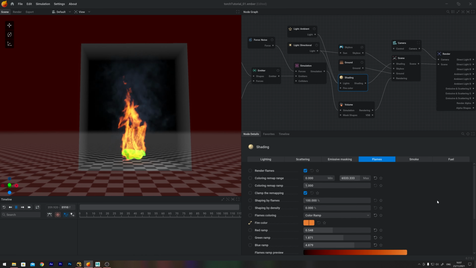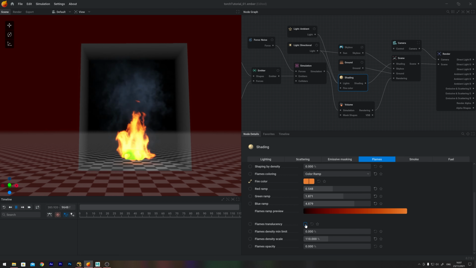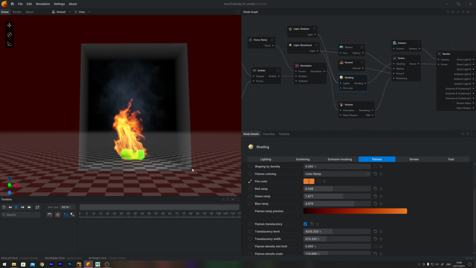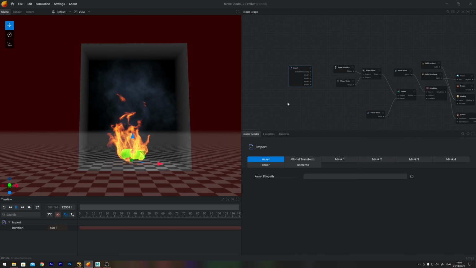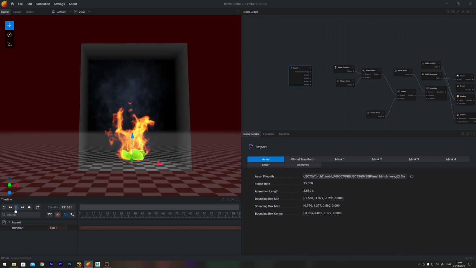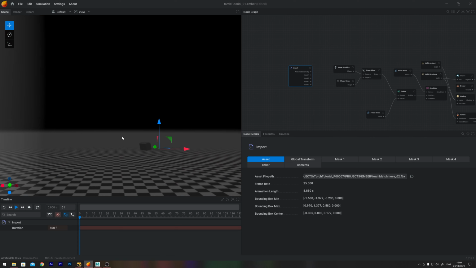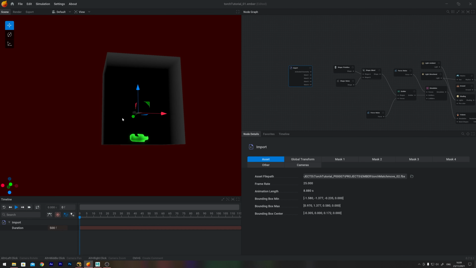To get the signature fire look, you can use translucency in the flames tab of the shader node. So let's import our FBX file using the import node and browse for our file using the asset file path parameter in the asset tab. At first glance, you might not see anything. This is usually because the asset is very small, in my case because I was working with a different scale